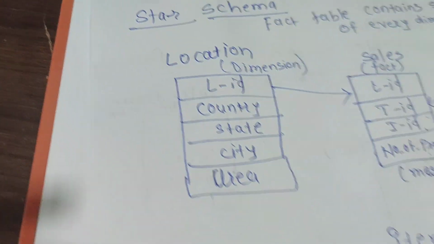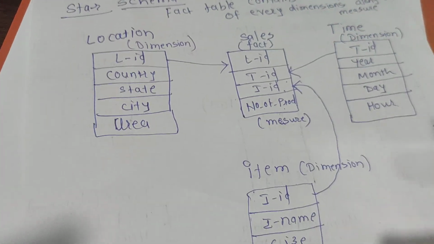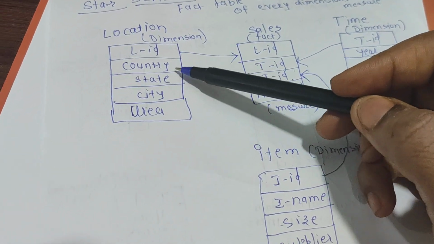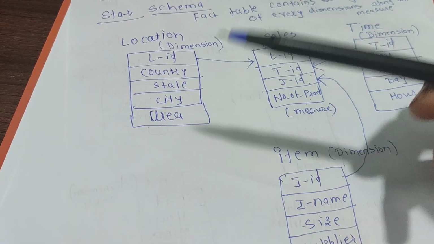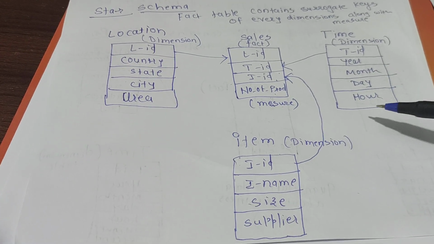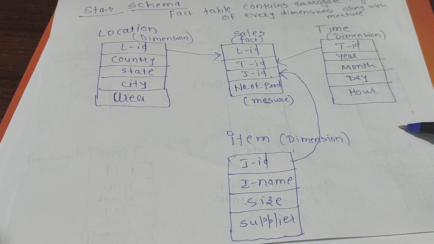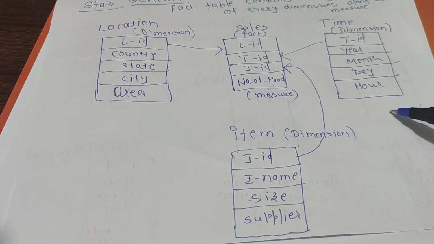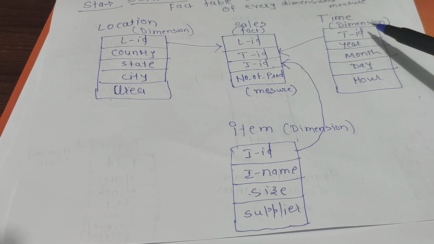If we see this star schema example, here if you observe, the dimension table has these columns: LID, country, state, city, area, more details are there. So the number of columns is more. Here also we have year, month, day, hour, and we can add minute, second, many things as a column in the dimension table. So as we increase the detailed information in the dimension table, the number of columns will increase. Therefore dimension